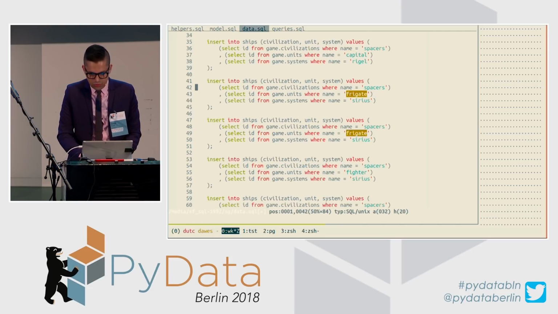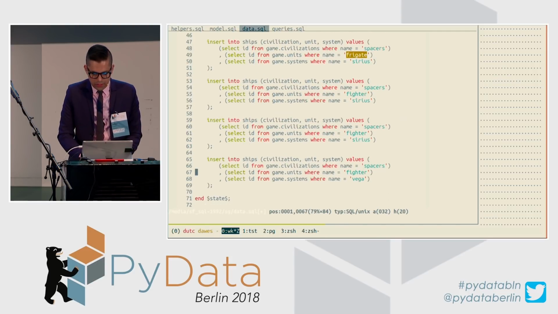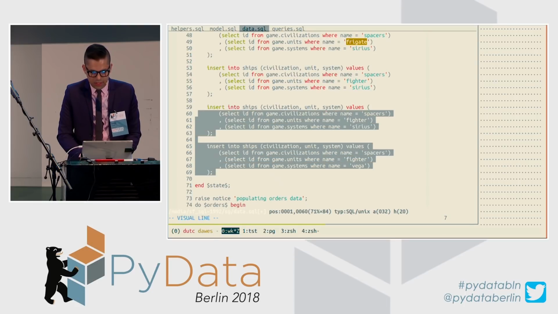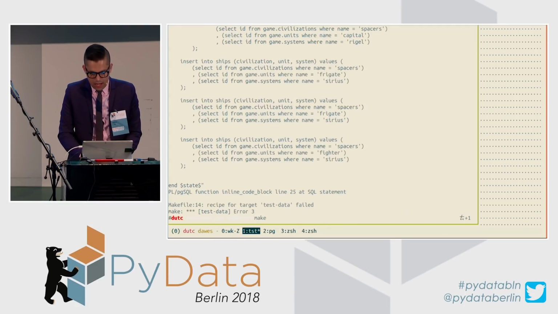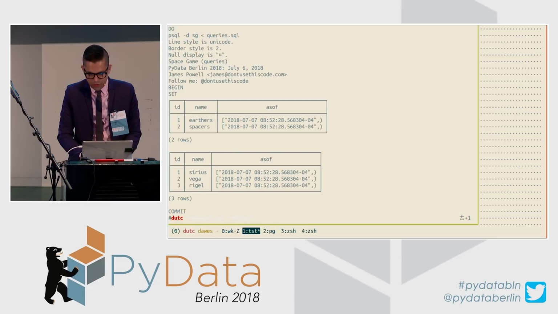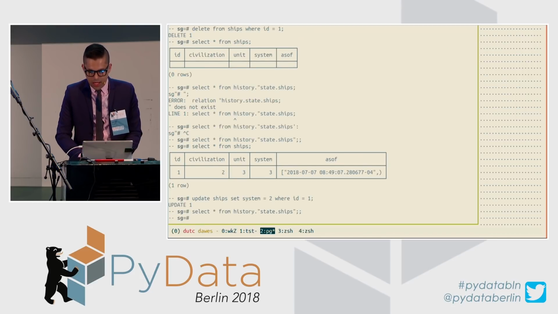Uh-oh. There's one more problem in here. Let's just remove these two, and we'll get this working. I want to show you the last part of this, which is how we actually figure out how to do a complex query here. So let's say that we want to figure out who controls what unit of space. That's a fairly complex query.